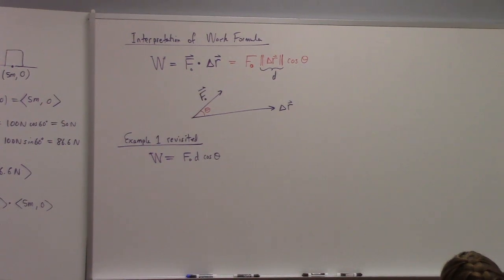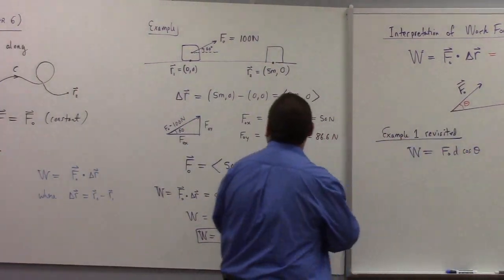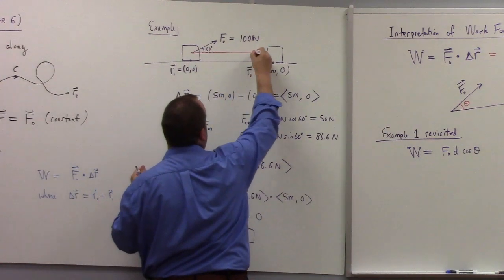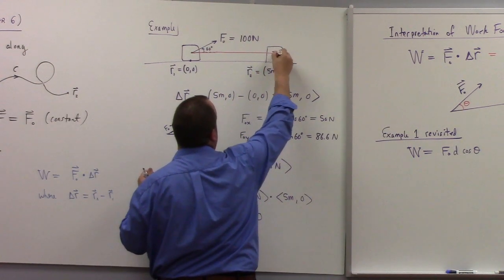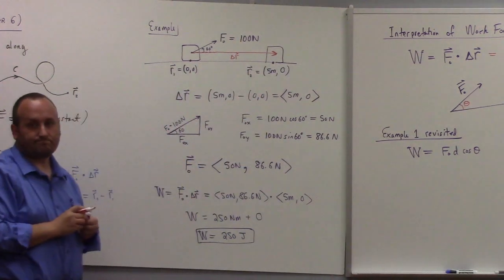The length of the vector is the square root of the sums of the squares of the components. So the length of the vector 1, 2, 3 would be the square root of 1 squared plus 2 squared plus 3 squared, and so forth. So example 1 revisited. We have F naught d cosine theta. What's the angle between the force and the displacement here? If I draw the displacement in my previous example, it's just this, right? That's delta r explicitly in that previous example.